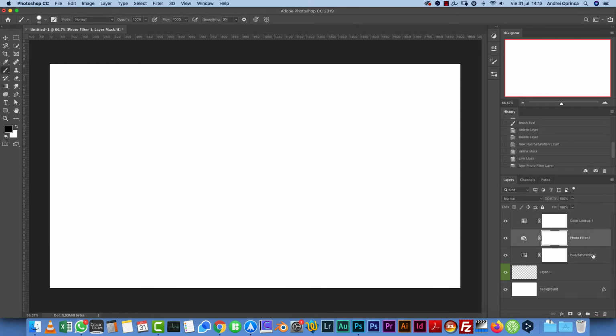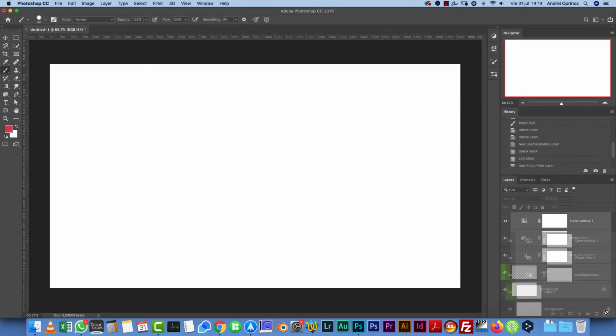If you just click on a layer, you will select that individual layer. You can select multiple layers using the Shift key. Press and hold the Shift key and click on the layers, and you will select those layers. For example, if I have the top one selected and I want to select all of them, shift click, and